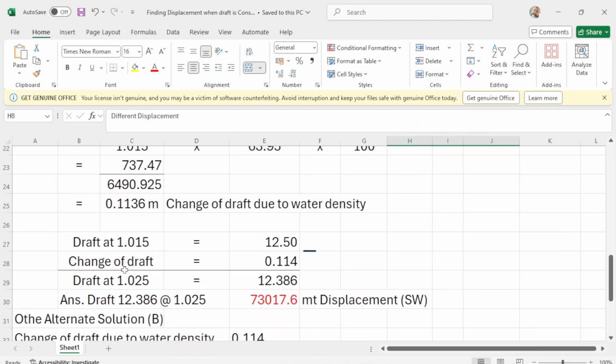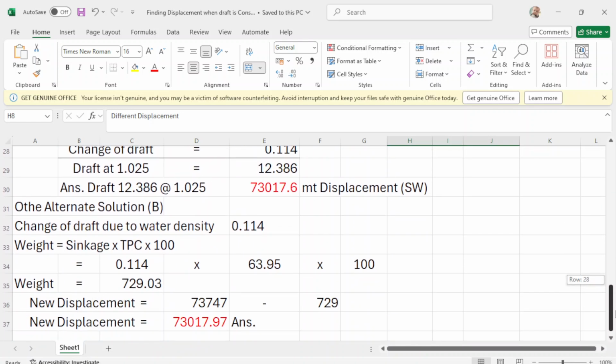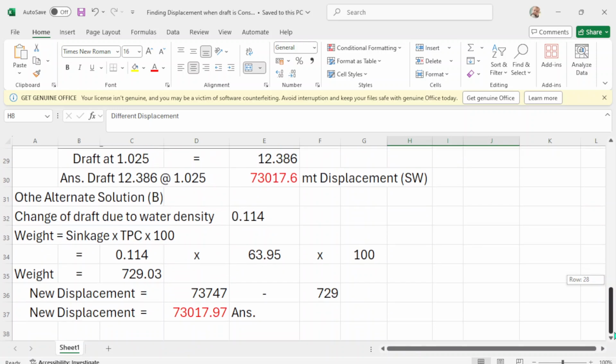So you minus the change of draft, then your draft at salt water will be 12.386, and the displacement at the density of salt water will be 73017.6. So this is the second solution, and the third solution will be this one.